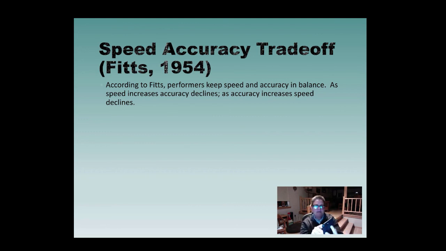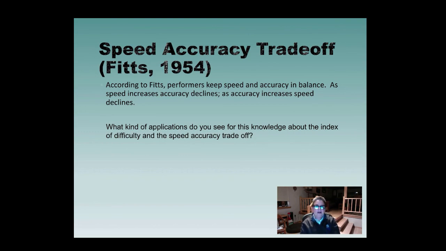By making the information larger, basically I'm increasing the width of the targets and therefore making it easier for me to do the task. It reduces the index of difficulty. So what kind of other applications